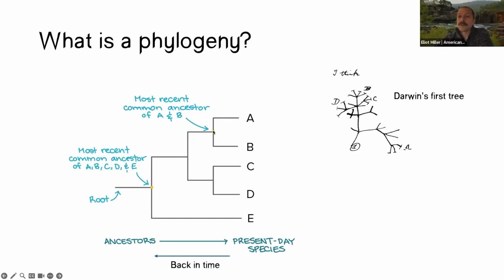When you hit junction points like this, these junction points represent shared common ancestors. So this, for example, is the last time that species A and B shared a common ancestor. And the farther to the left you go here, the more distantly these lineages shared a common ancestor. So this, for example, is when species A through E shared a common ancestor. All right, so that's a phylogeny. If I was teaching a class, I'd say any questions, but I'm just going to move on.